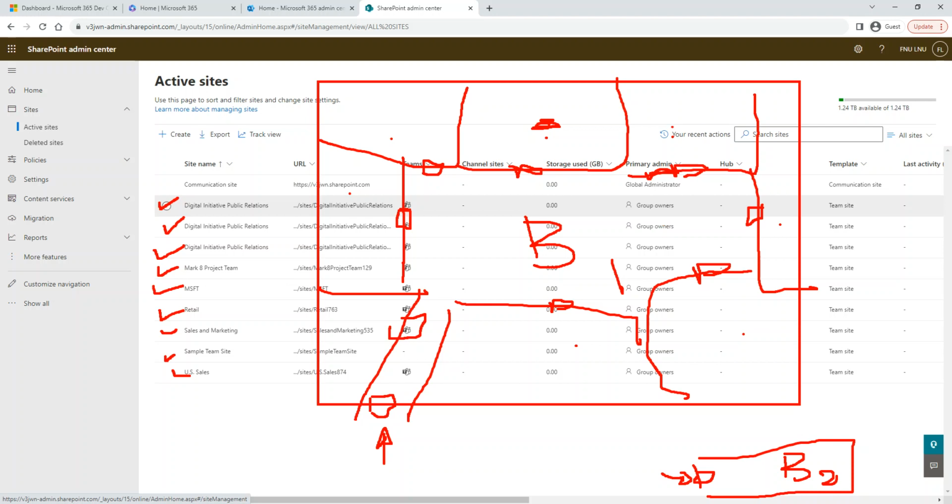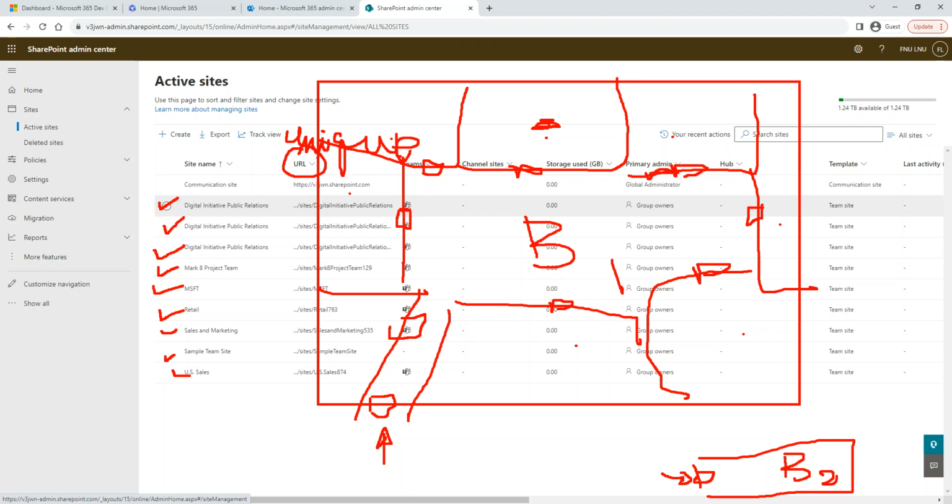Okay. So this is the first thing we do. We need to have a SharePoint. Like, I work on a SharePoint, then where is your site? Is the first question I have to ask. What is your site? Each site has a unique URL. This URL is unique.